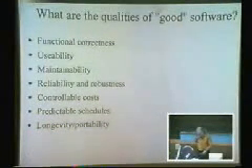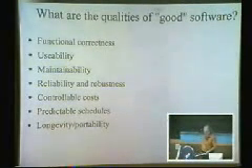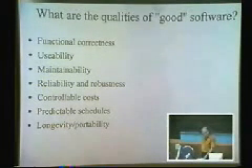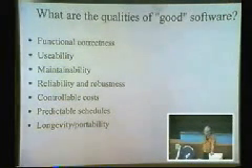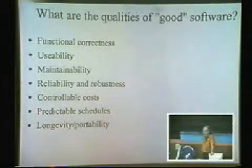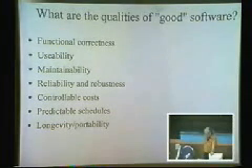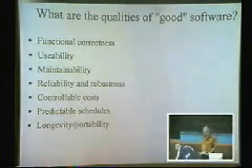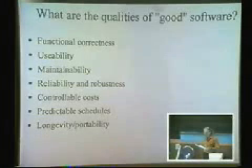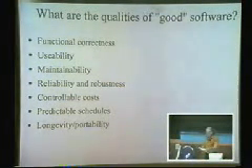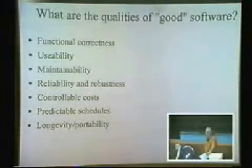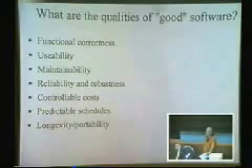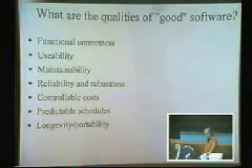Now, this is our list. When you get into the book, he has a much longer list of qualities of good software. And some of them are just other names for what I just said. And some of them, I think, fall into the same categories, and some of them I don't agree with. So before you get started reading the book, let me tell you what I would say here. He talks about performance of software, or I should say they talk about the performance of software as being a quality of good software.